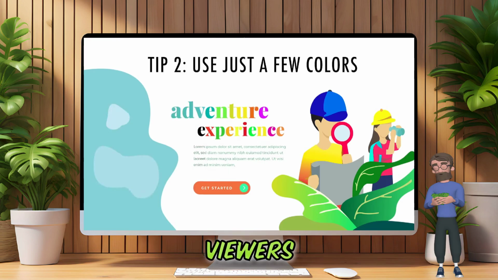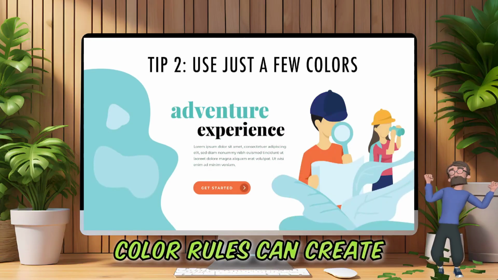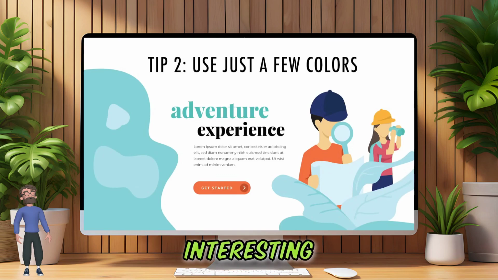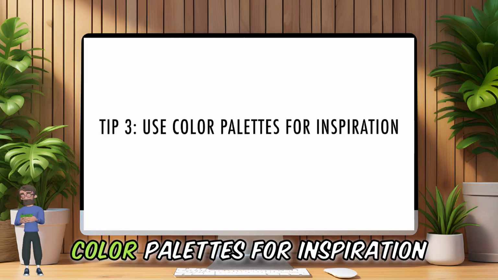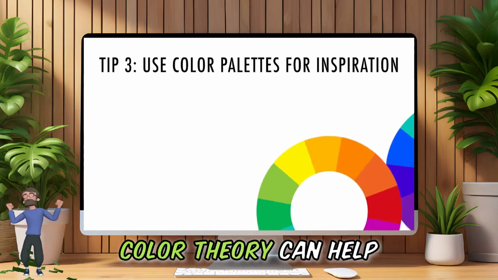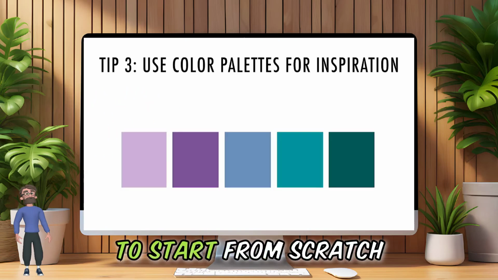Learning the rules of colour theory can help you know what works well together, but it doesn't mean you have to start from scratch every time. You can find colour palettes like those I've included in the colour catalogue that are inspired by nature or existing designs and naturally incorporate colours that look good together. Choosing good colour combinations doesn't